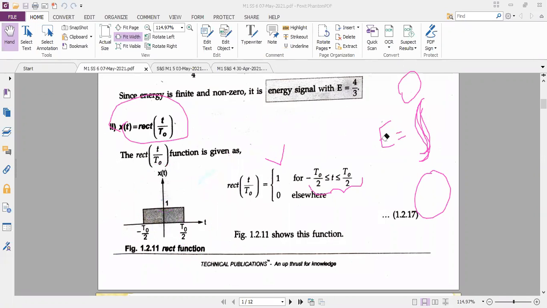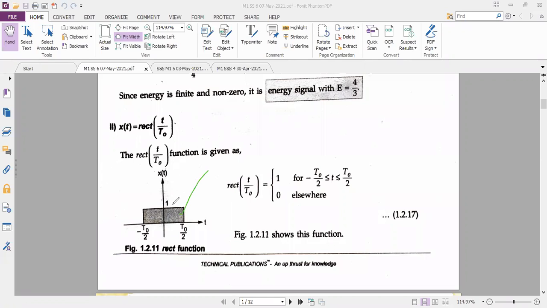So from the given diagram, tell me whether it is periodic or non-periodic. Tell me whether it is a pulse or not. You know the meaning of pulse, impulse? Ma'am, it's a pulse, ma'am. It is a pulse. Pulse means it will be present only at that particular place. It will not be repeated. So can we conclude that the signal is non-periodic? If the signal is non-periodic, then I can directly go to energy calculation, as per the rules.